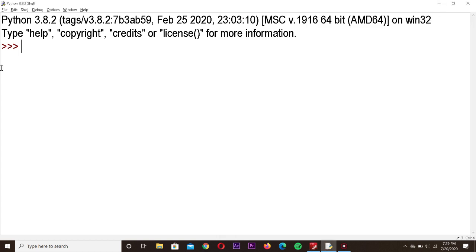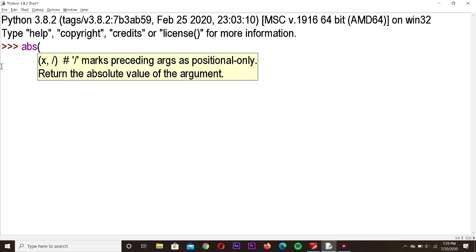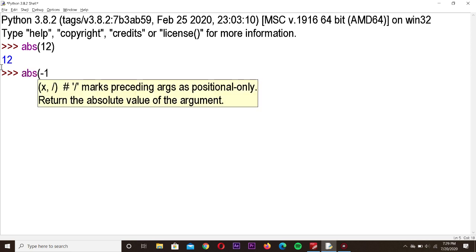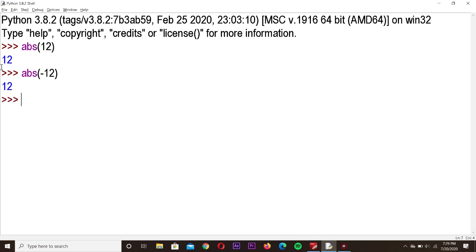So first one is ABS. ABS is used for getting the absolute value of a number. Inside we have to give the number. For example, I am giving 12. It will display the answer as 12. Suppose I am using ABS of minus 12, then you will get the answer as 12. Whether it is positive or negative, it won't give the sign, it will give just the number. So that is the use of this ABS function. It gives the absolute value of a number. If there is a negative sign in front, it ignores the sign and displays only the number.